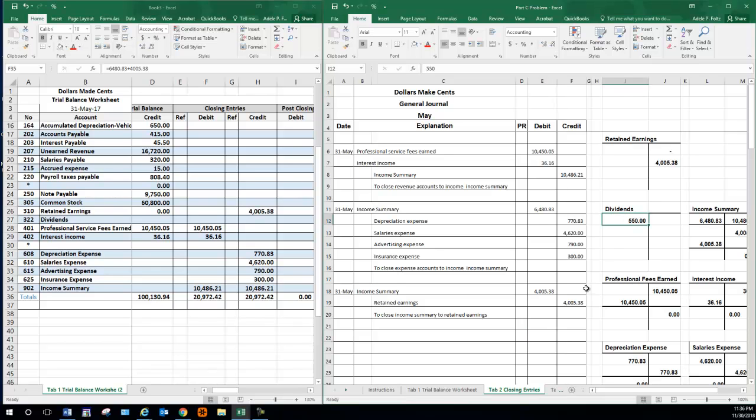So now we also have to close dividends. Dividends has a debit balance in it. Its normal balance is a debit, and we also want it to be 0. So if we want it to be 0,